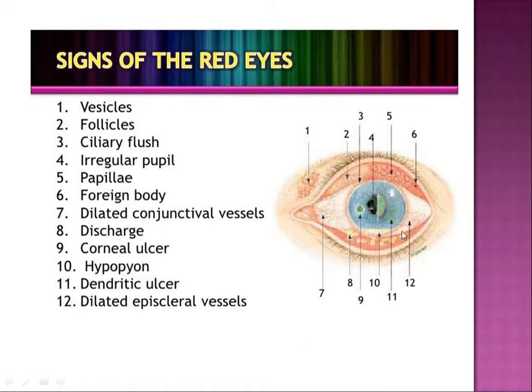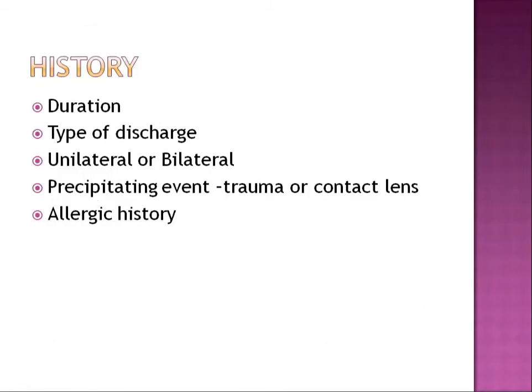The blood vessels can be conjunctival or episcleral. Most important thing is if you're seeing the discharge. So discharge tells us that it could be a conjunctivitis. Again, we divide this depending on the type of discharge. Or typically you can see a corneal ulcer which is there. Association of a corneal ulcer or an iridocyclitis can be there with a hypopyon. Now, the ulcer itself can be a bacterial ulcer or a fungal or dendritic ulcer, or there could be dilated episcleral vessels.